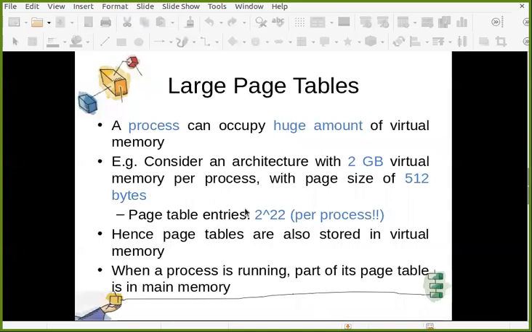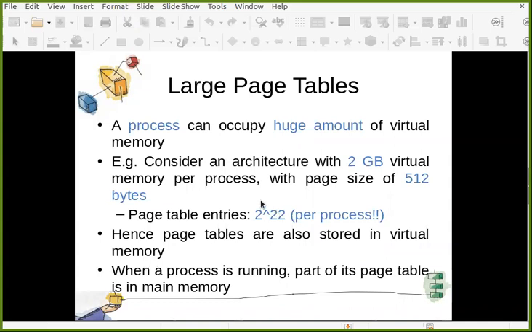What will be the size of the page table? Your page table contains 2 raised to 22 entries. So page tables are also stored in virtual memory.